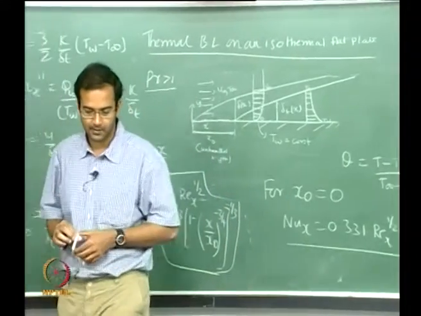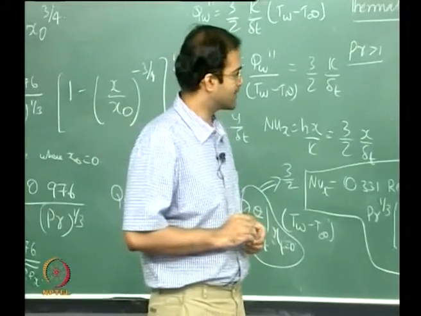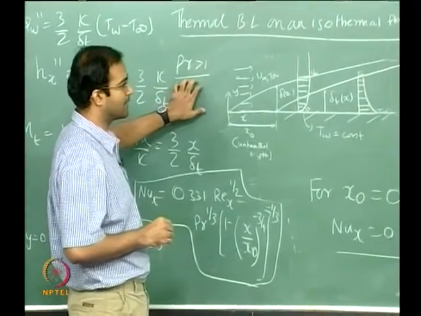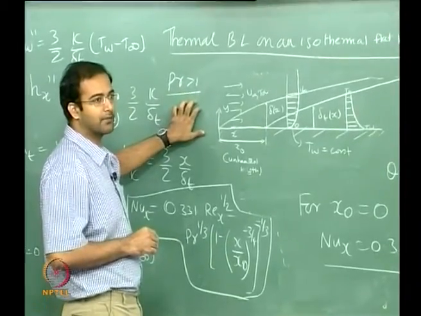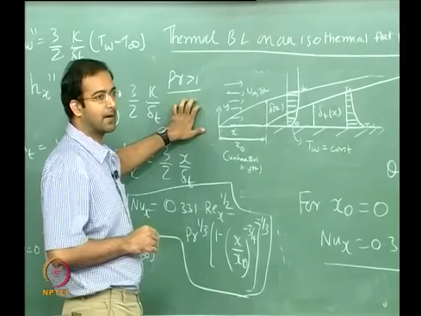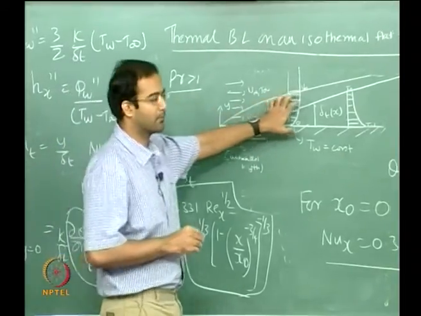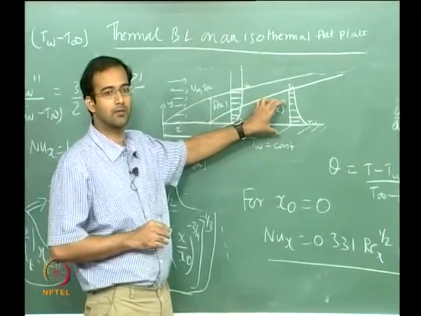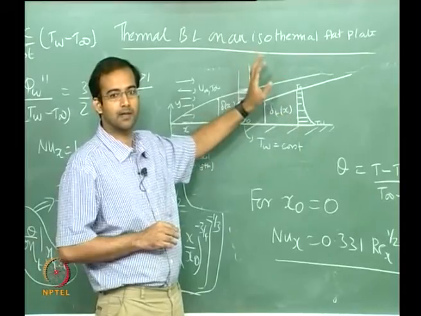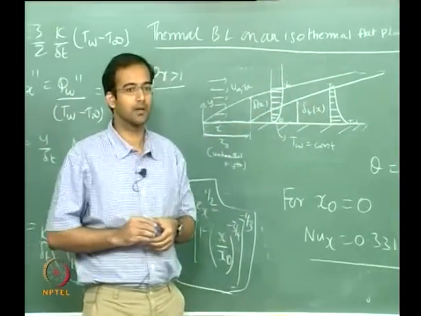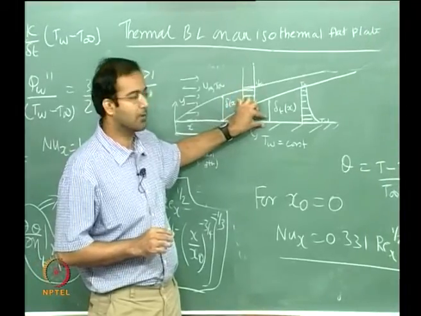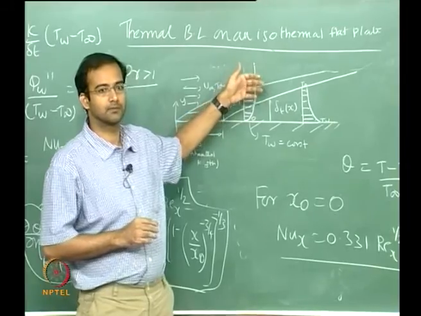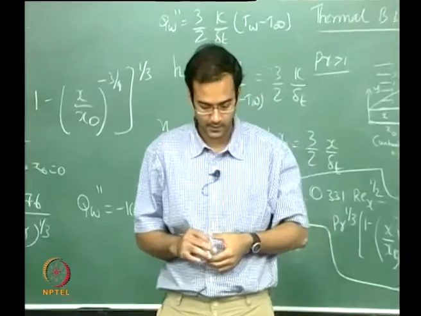So we will stop here today, and I just want to also tell you we can do a similar approximate solution for Prandtl number less than 1, which I am not going to do. We can make an approximation there, since for Prandtl number much lesser than 1 your thermal boundary layer thickness is going to be far greater than your momentum boundary layer thickness. So you can make a uniform velocity approximation rather than substituting a profile. The velocity boundary layer is so small that most of the thermal boundary layer will be looking at a uniform velocity. So that is a much simpler case to deal with, and